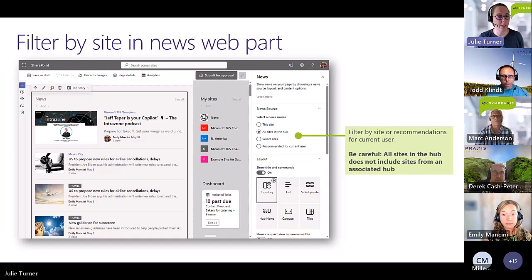Cool. And we also have some layouts here on this page. Obviously, it looks like you have 6 different ways that you can make that news appear. And those are the out-of-the-box ways those things can show up.